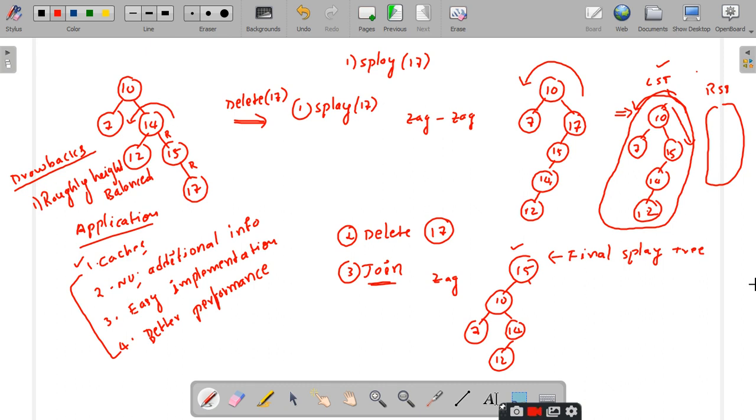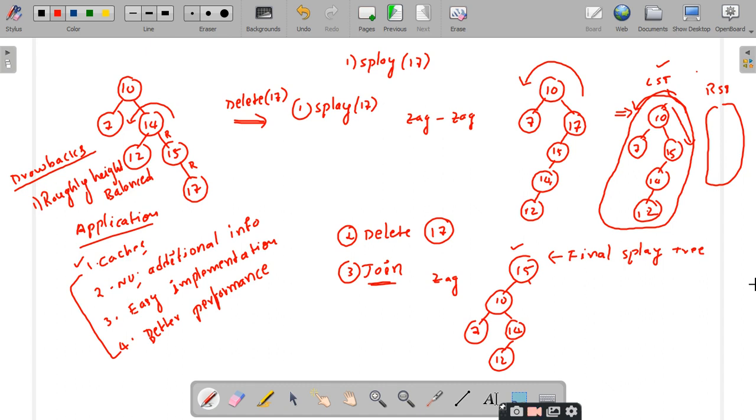So the tree may end up in not exactly the skewed binary tree, but it will extend in only one direction. In such case, you will have the time complexity which is not equal to big O of n, it is something like theta. What is the theta notation we have? What are the three types of notations you have for measuring the time?